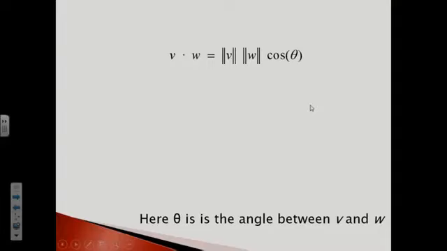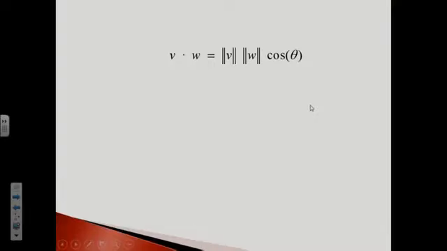It is the angle between 0 and pi that is formed when the initial points of the vectors are at the origin. From this formula, it follows that the cosine of the angle theta may be computed as the quotient of their dot product to the product of their magnitudes. When theta equals 90 degrees, cosine of theta is 0 and the dot product is 0. So the dot product is 0 if and only if v is perpendicular to w.